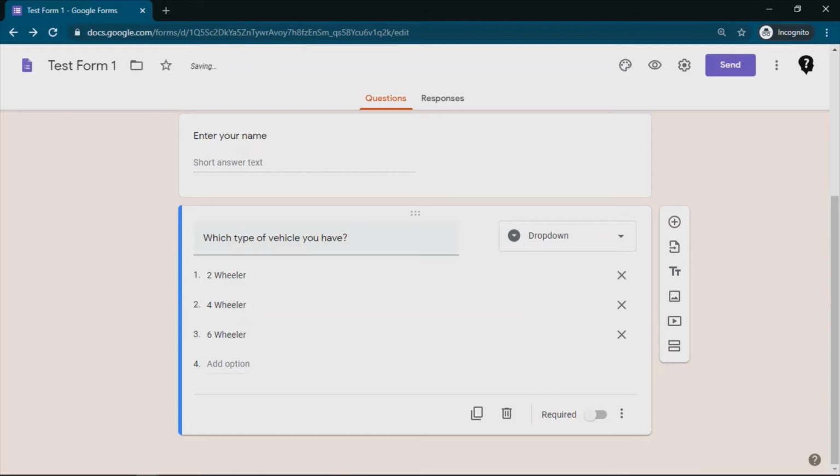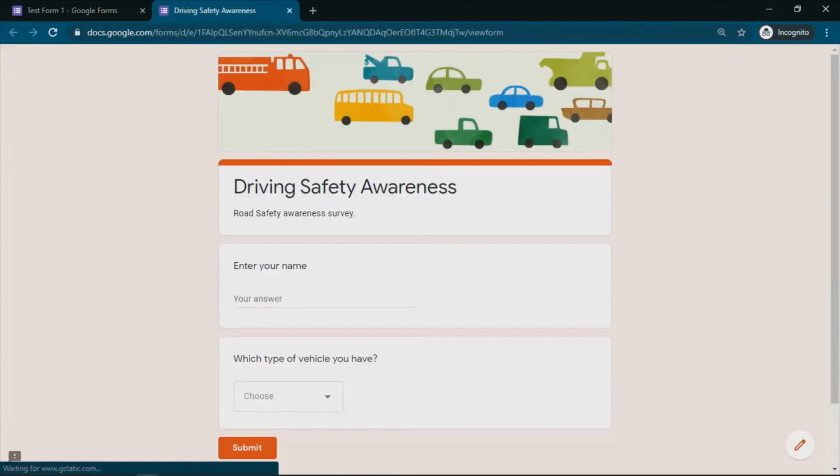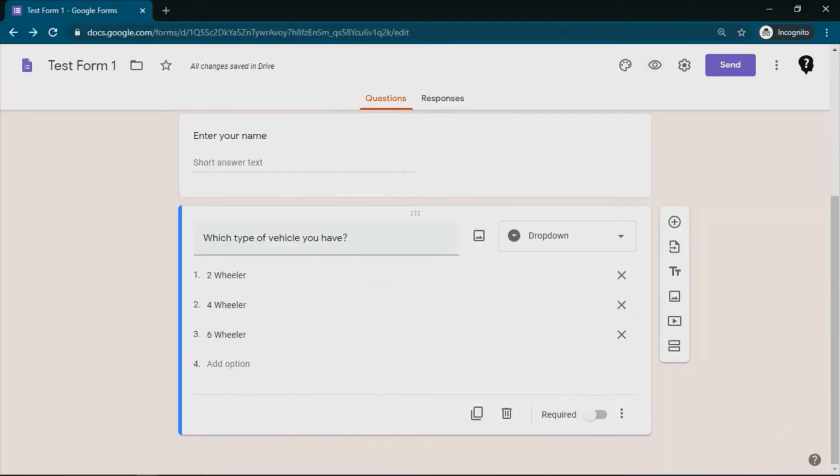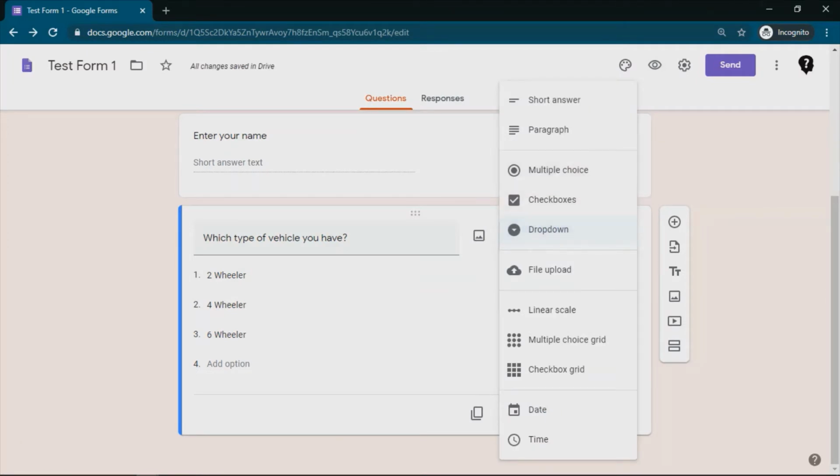Third is the drop down. So same options we can see in the drop down format. I can choose, again, you can choose only one option from the menu. So these three go hand in hand. These are basically for choice type of answers. The difference is checkboxes you can have multiple and hence it has limited functionality, while multiple choice and drop down